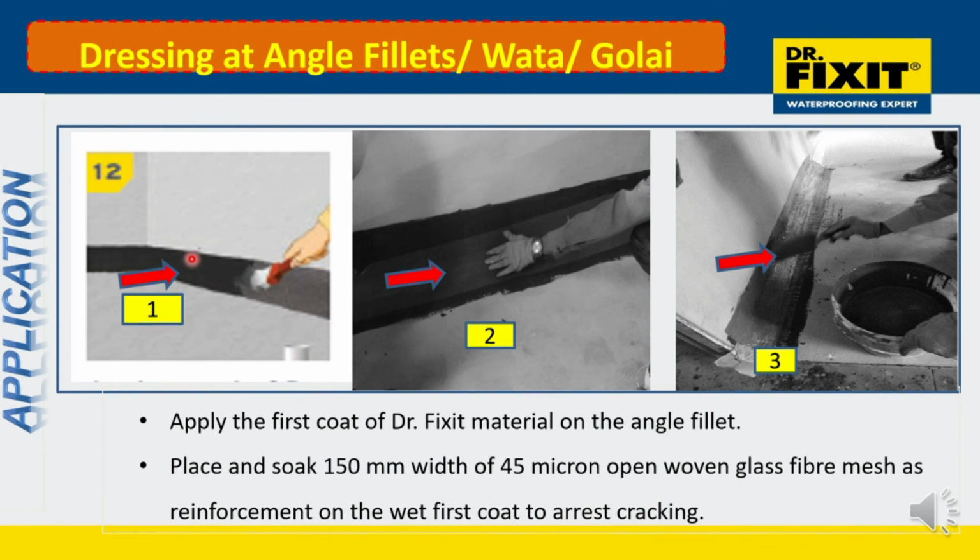Here we have done a bond coat, we have done a coating of URP or some other waterproofing product. Then we are applying a 45 GSM fiber mesh for better reinforcement, and then you do a coating over it. See that the fiber mesh should not be visible when you do the final coating, so that you will have a better waterproofing result.